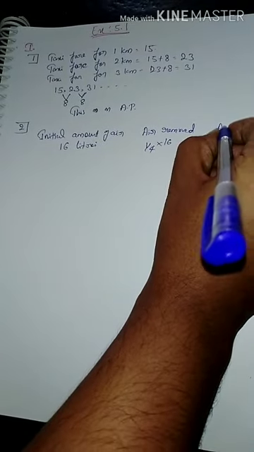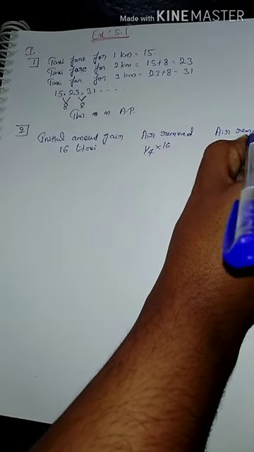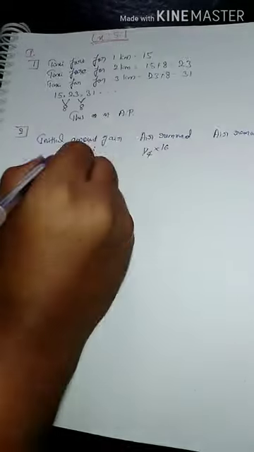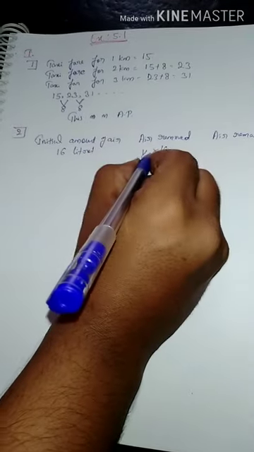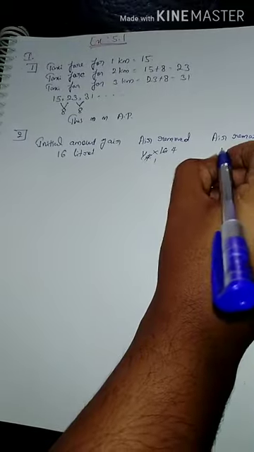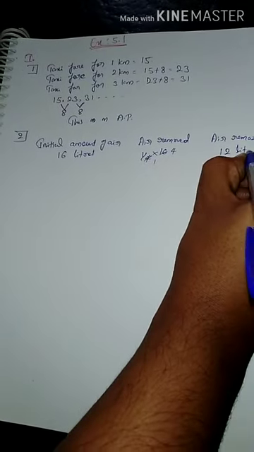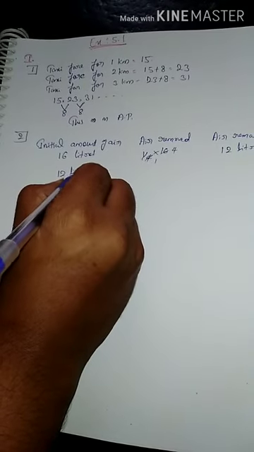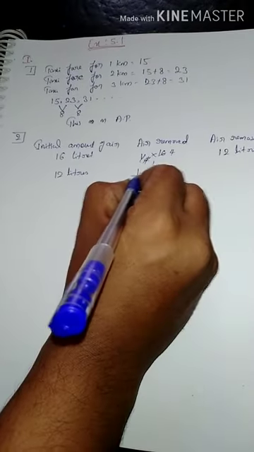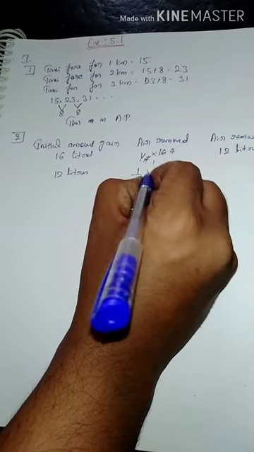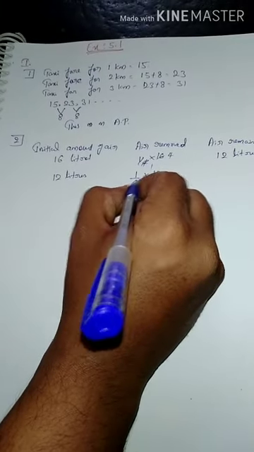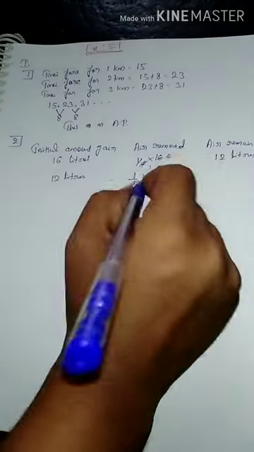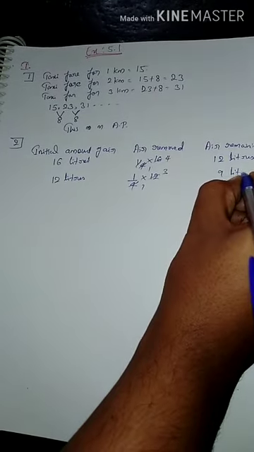And the air remaining in the cylinder. So 16 liters is the initial amount, then 4 ones are 4, 4 4s are 16. So 16 minus 4 is 12 liters. So the air remaining in the cylinder is 12 liters. Then after that, the initial is 12 liters of air, then each time 1/4 of the air is removed. 1/4 of 12 liters, 4 threes are 12. So 12 minus 3 is 9 liters of air remaining.